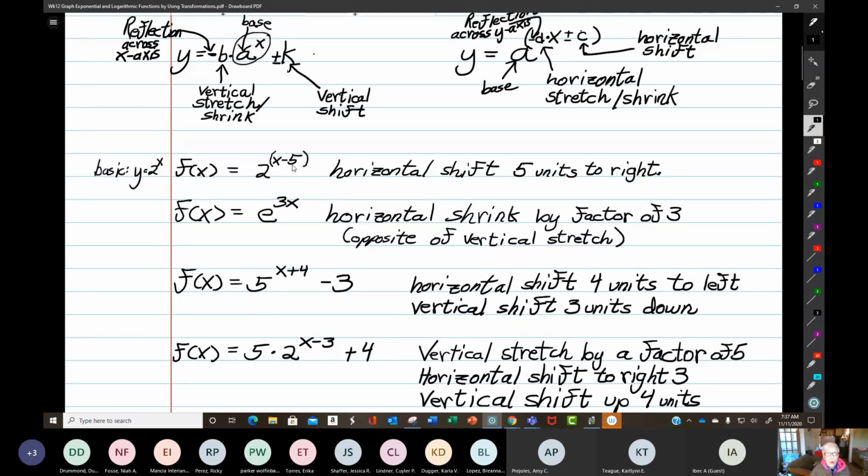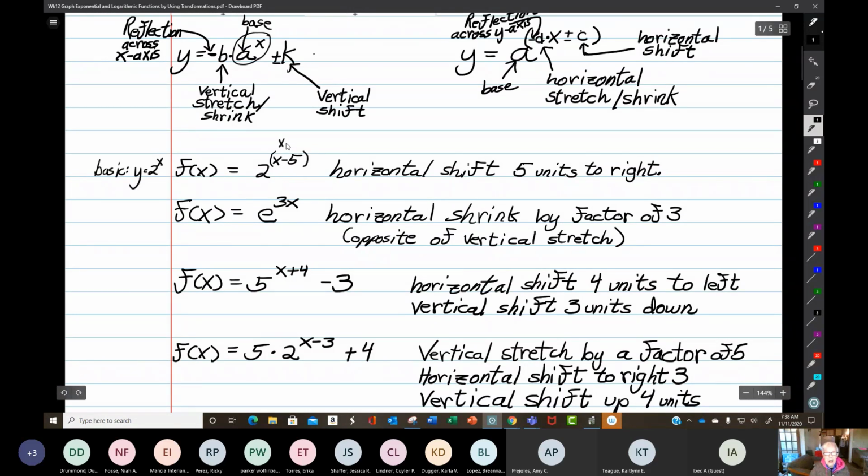This is a horizontal shift, and if you remember about horizontal shifts, they are tricky. Yes, you're going to move 5 units either to the left or right, but which is it? It's always going to be the opposite of the sign in front of it, not what you would expect. The best way to figure out what direction your horizontal shift is going to go in is to take, well